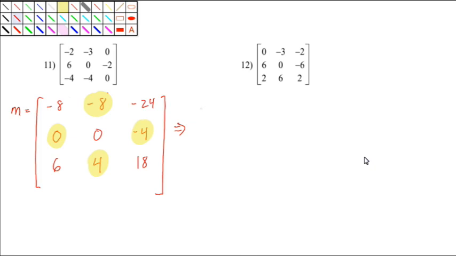So my cofactor matrix C will be equal to, and I'll draw this one a little bit smaller, -8, plus 8, minus 24, 0, 0, 4, 6, minus 4, minus 18, oh sorry, plus 18,